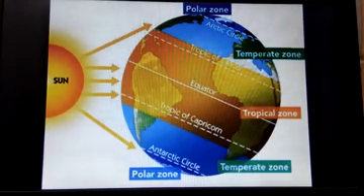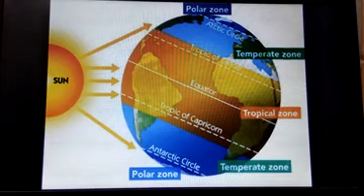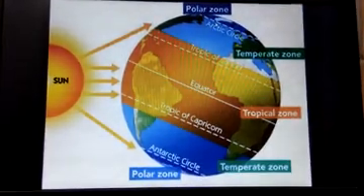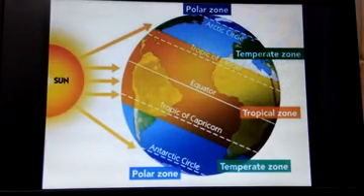But on the polar side, either on the north or south pole, you will find that it is too much cold, like a fridge where you keep all the ice. So this is known as frigid zone. Frigid zone is from the Antarctic Circle to 90 degrees south pole, and the Arctic Circle to 90 degrees north pole, and is also known as polar zone, because this polar zone is completely filled with ice, and not a single person is able to survive in this area.